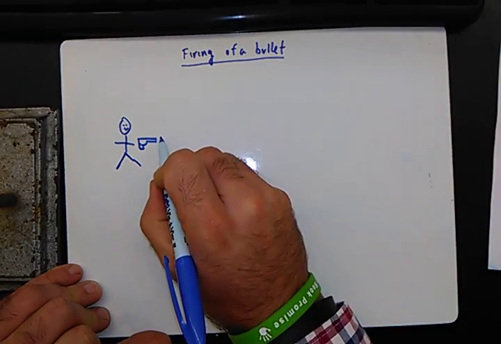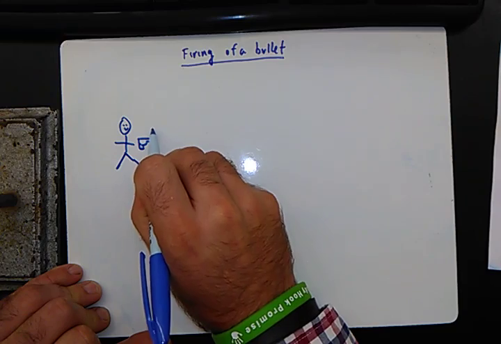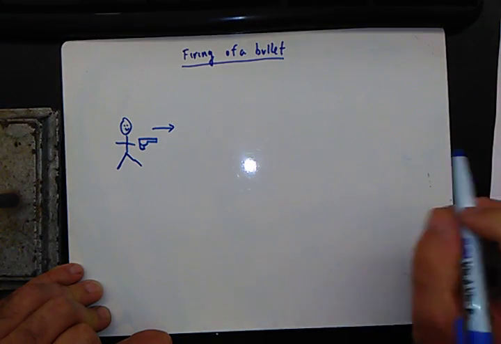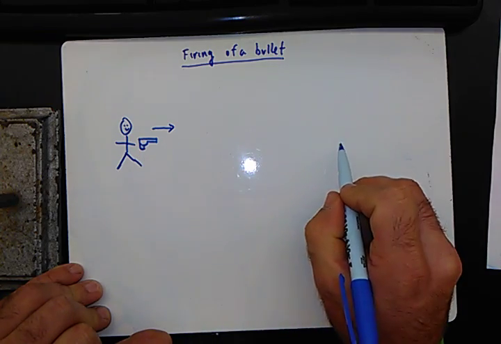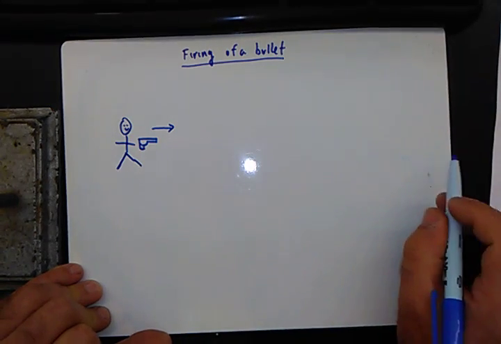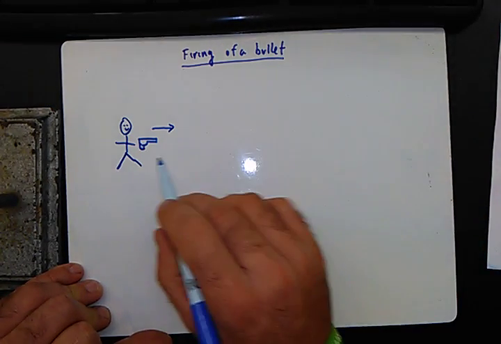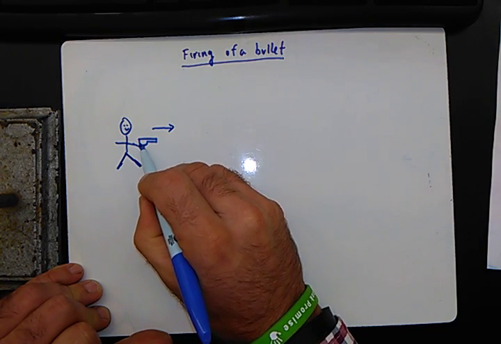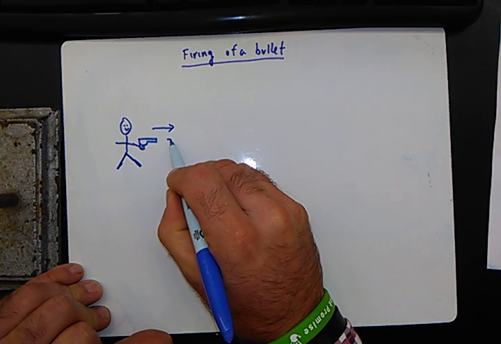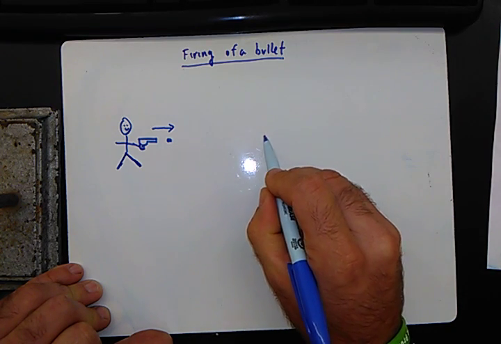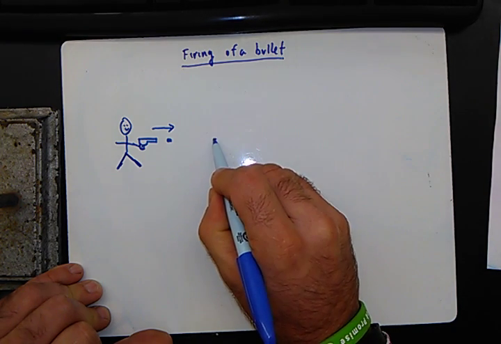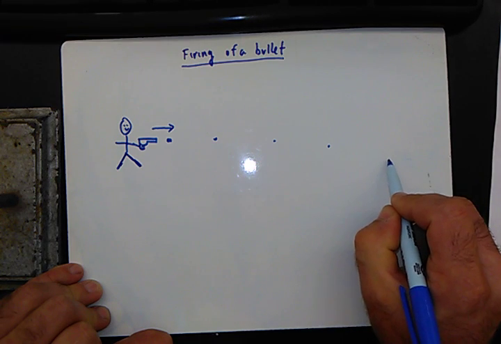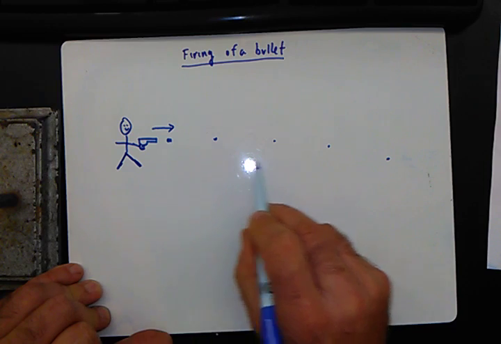They're holding the pistol and aiming it horizontally. This person is just doing a little target shooting, or in fact, they're missing the target. When the person pulls the trigger, the bullet comes out and makes this kind of path here, and then eventually hits the ground